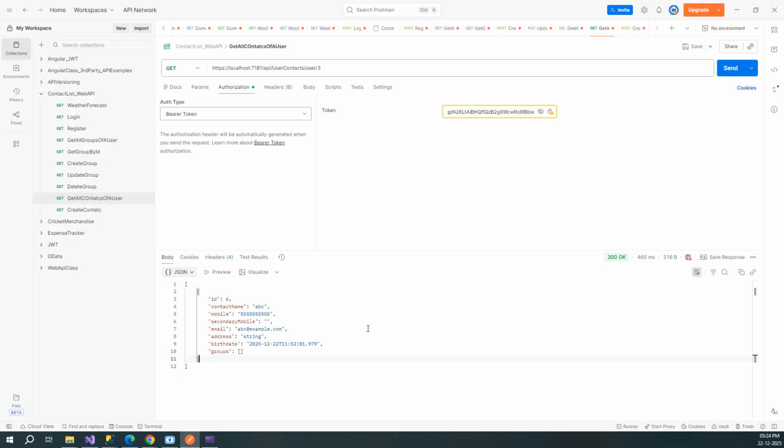Now see, basically our login and register, these two APIs are not behind authentication, because we can't have a login and register API that actually requires a token. Then from where will you get the token, right? The core logic behind generating a JWT token is upon successful login. If login is successful, then it should generate the token. Otherwise, it should not generate the token. And that token needs to be passed to the rest of the APIs, which all require the token as an authentication